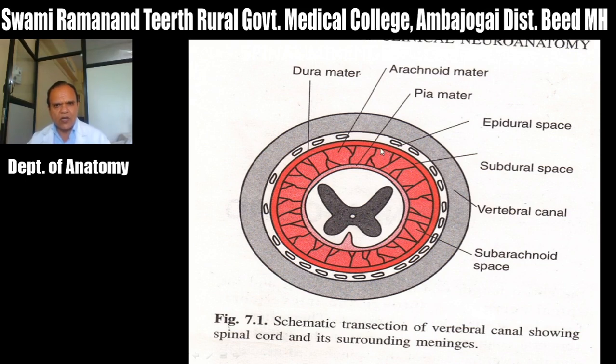And then this is the arachnoid mater layer, and the space below the arachnoid is called subarachnoid space, in which the CSF is present. And then this is the pia mater. We have seen the various modifications of the pia mater. So we are coming from the external to the internal aspect. Now when you enter into the spinal cord proper, the white thing seen is the white matter, and this is the grey matter. Okay, and centrally seen is the central canal.